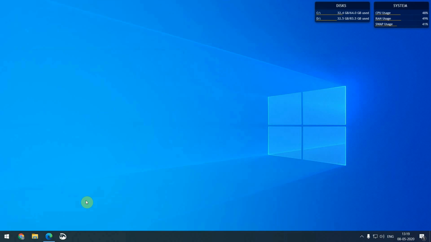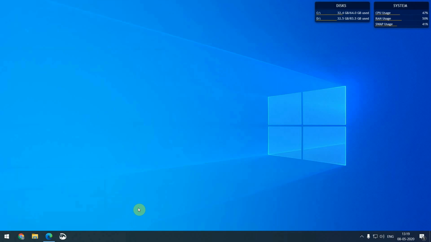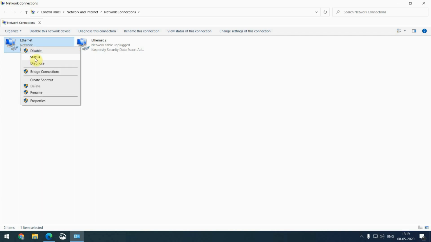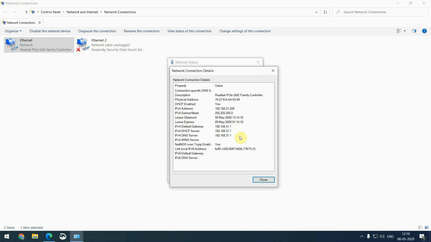The first method is the IP address will be printed on the back of the router, or it will be given in the user manual of the router. A simple method is to go to the network connections list and see the IP address that is assigned to the network interface card.